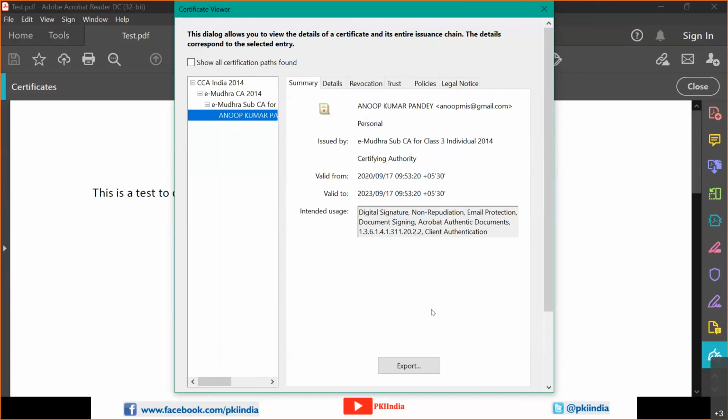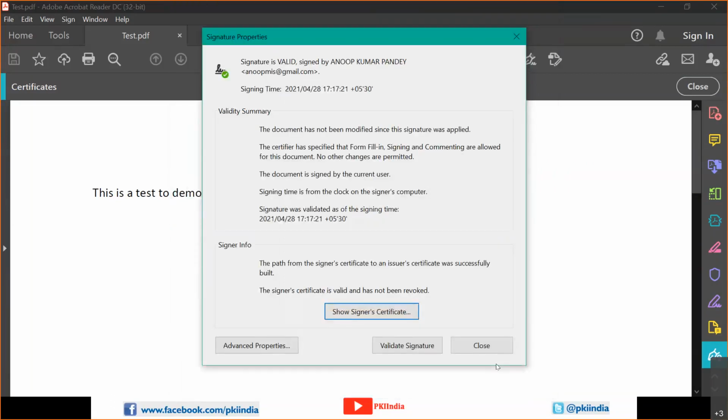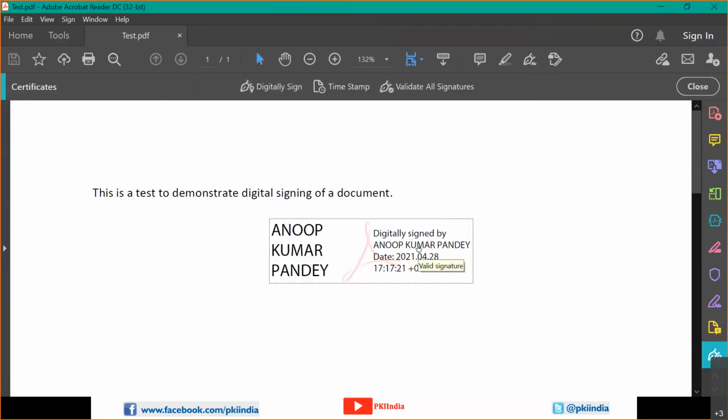Okay, so this is how it is. So this is the document. You might have also got answers, because sometimes you see a green tick in some PDF document, sometimes you see a red tick. These are all problems of this one only. That is, Adobe does not understand the hierarchy. So for example, here in this case, I know that CCI India is a trusted entity, so I add it to the trust list. Once I add it to the trust list, then automatically the signature becomes valid. Of course, it will also test it. Adobe will not blindly trust. It goes to the certificate revocation list of all the certificates and does not find these certificates there. Therefore, it trusts them. So this is the complete flow of the process which happens.